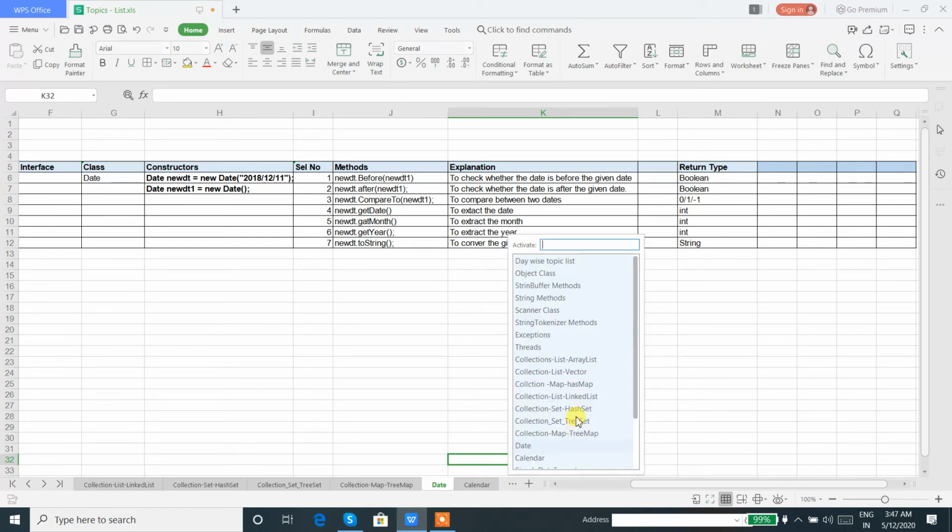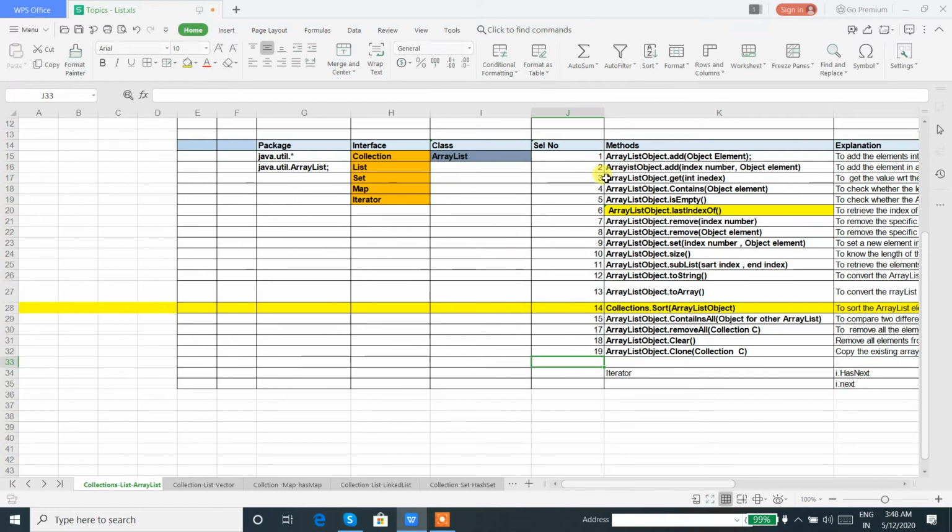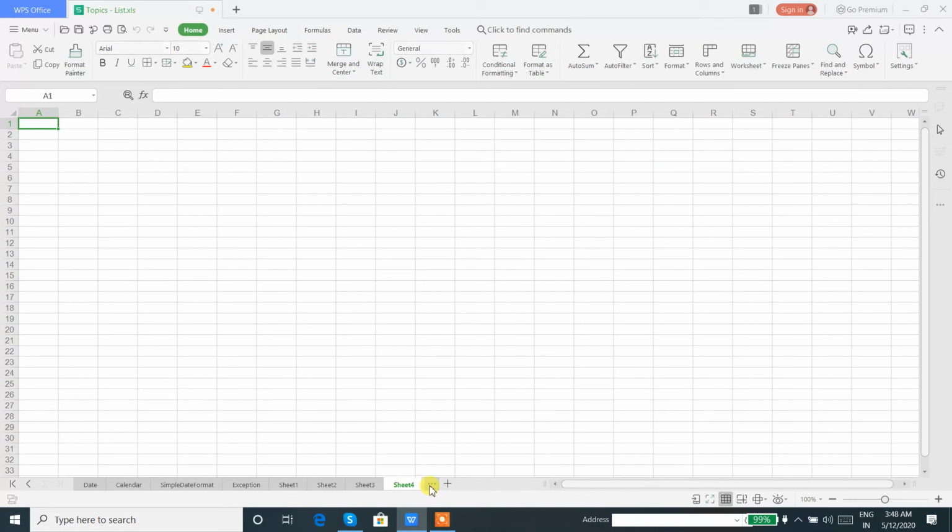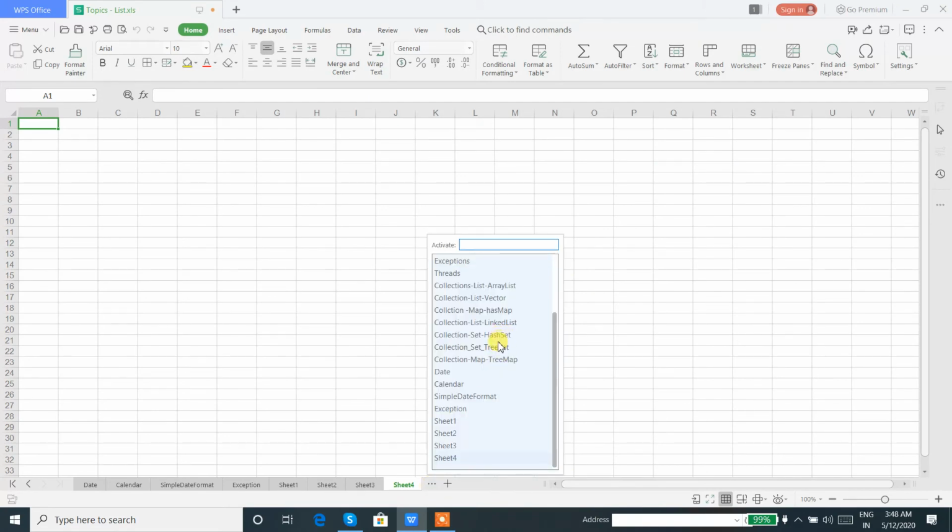Fine. And collection has been segregated into three different interfaces: list, set and map. If we talk about list, ArrayList has been segregated into different methods. Vector has been segregated into different methods.